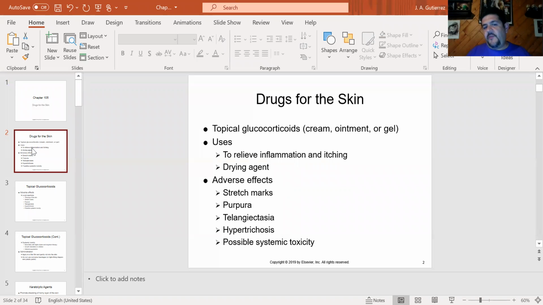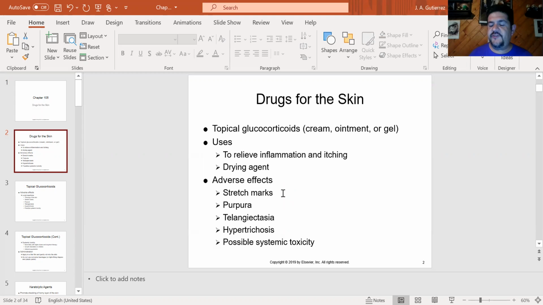So again, regarding topical steroids or topical corticoids, the most common uses are to relieve inflammation, itching, and as drying agents. The adverse effects, specifically for the skin, are the appearance of stretch marks. The skin becomes more brittle. So the stretch mark is something very characteristic of someone that is abusing a steroid ointment. Purpura, we mentioned,